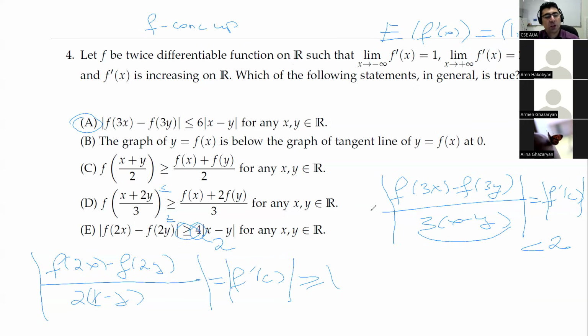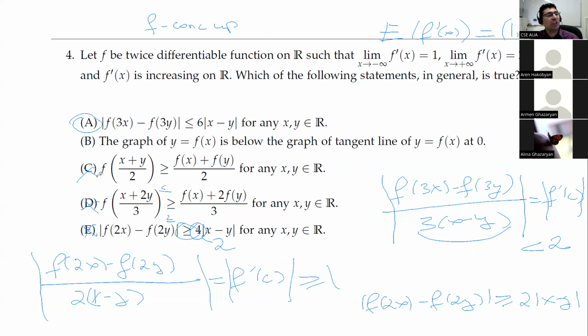What we can say is that definitely the module of f of 2x minus f of 2y is greater than or equal to 2 times x minus y. Yeah, this is true. But with 4, we don't know if it's true or not. And since